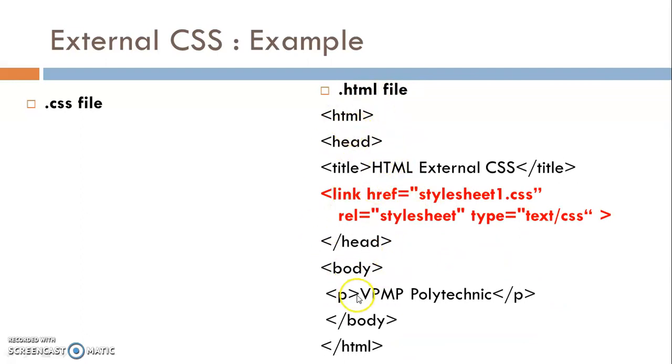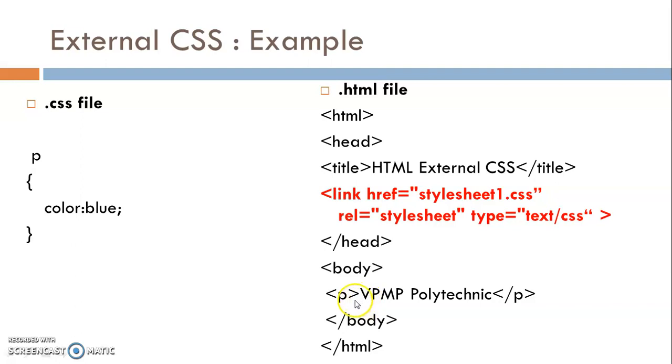Here I use the paragraph tag in the body element. One paragraph tag is used, VPMP Polytechnic, and I want to display VPMP Polytechnic in blue color, same as the code in internal CSS.